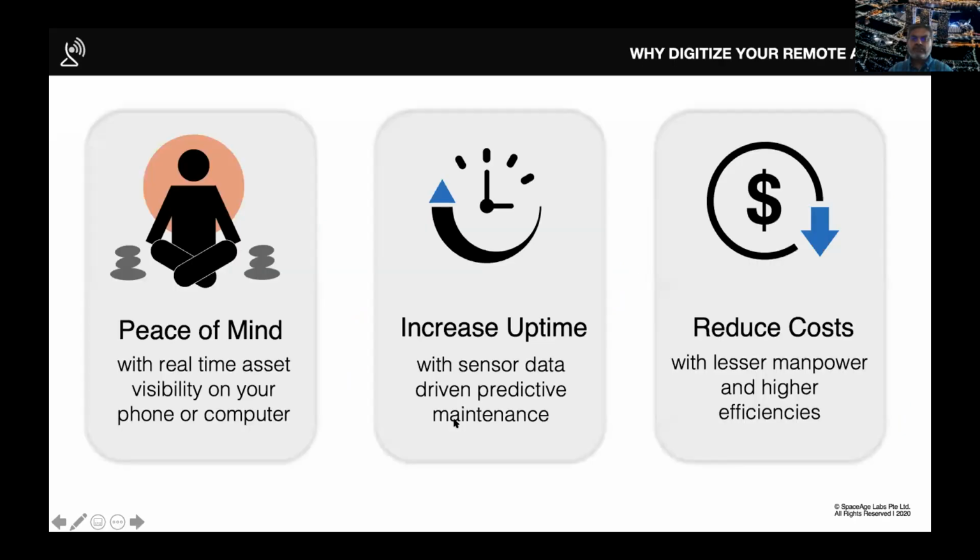So we'll focus on that blue bubble for today and how we actually use IoT to get you the data in the right format. So why do you need to monitor or digitize your assets? Primarily, it comes down to these 3 reasons. I mean, there are many business cases, but peace of mind, knowing what your asset is doing at any point of time. A lot of customers previously used to send people to do this, but now even in this post-COVID scenario with manpower cut into half, a lot of them are looking at getting data in real time from their assets.